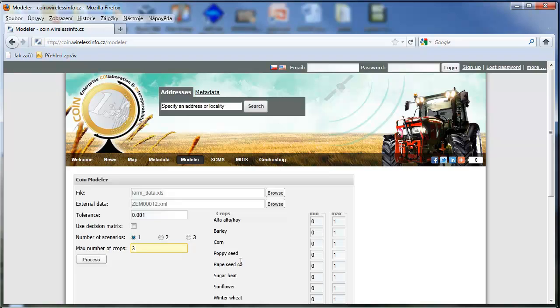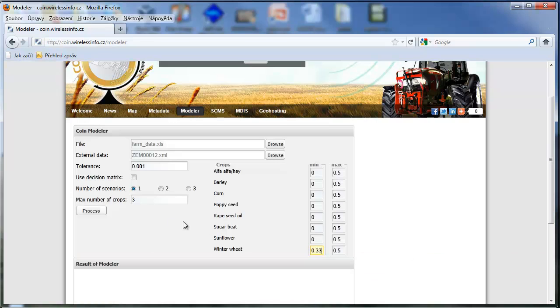Because we would like to reduce risk, we will try to diversify our production. Let's suppose that none of the products shall be grown on more than 1/2 of total area of all our fields. Let's suppose that we have some reason for growing winter wheat on more than 1/3 of total area of all our fields.